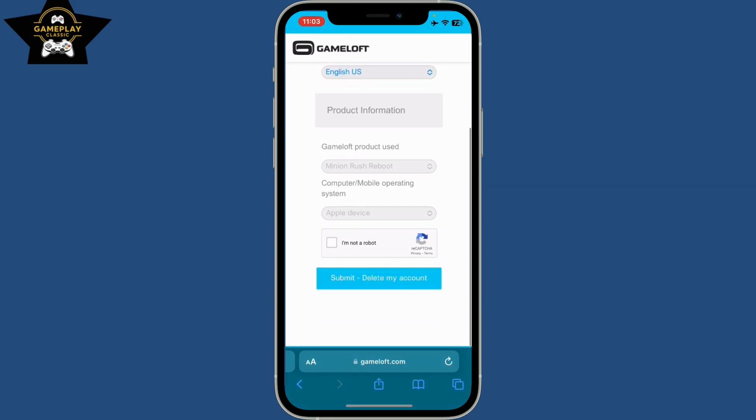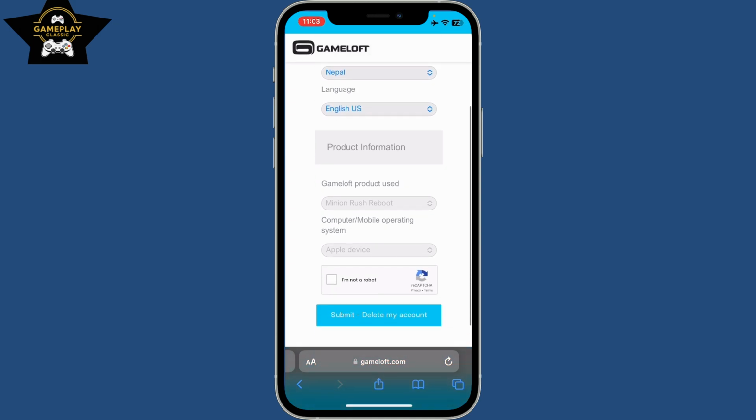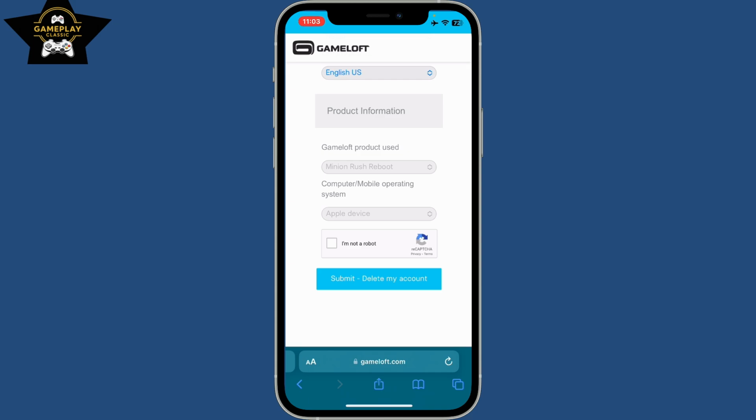Now, fill in the information in the text boxes. Select your country, your language, and then choose your product information. Finally, click on "I'm not a robot" and click on the "Submit Delete My Account" option in order to continue deleting